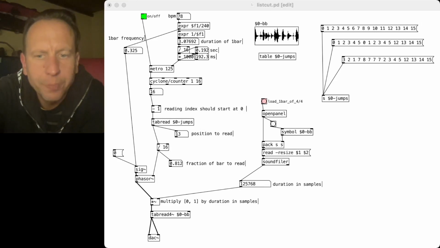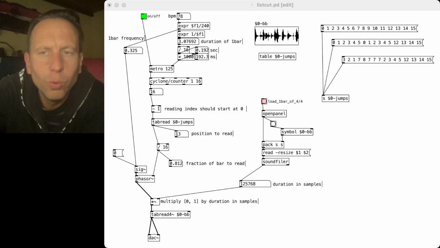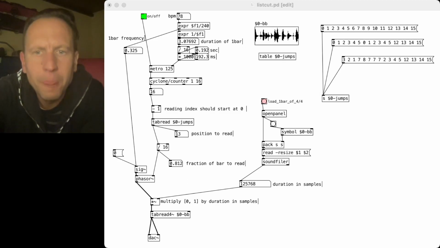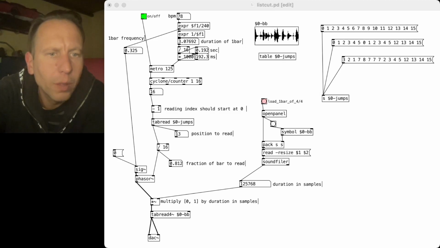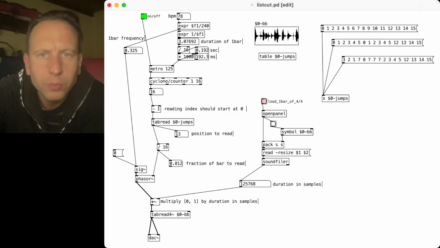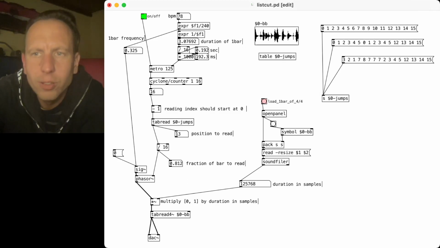So welcome back. In the second half, I'm going to talk you through in good detail this beat slicing patch. So what we have then is a basic implementation where we essentially play back the slices using a list. Okay, so that's the main